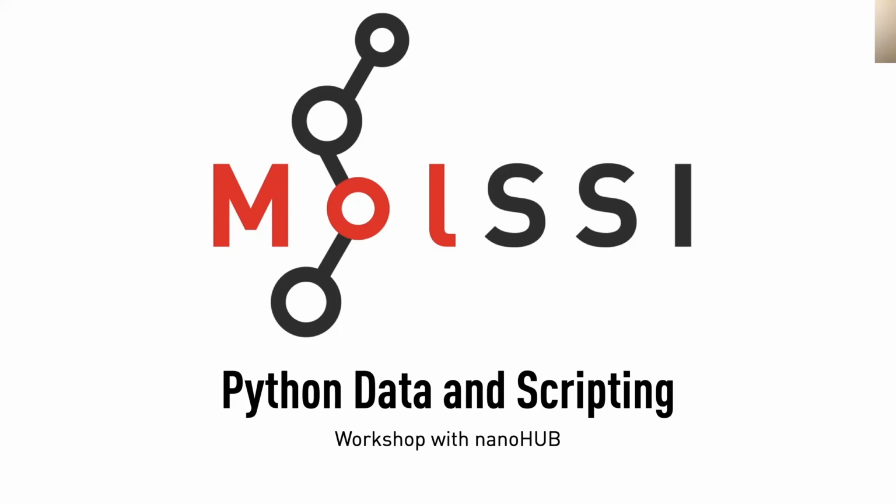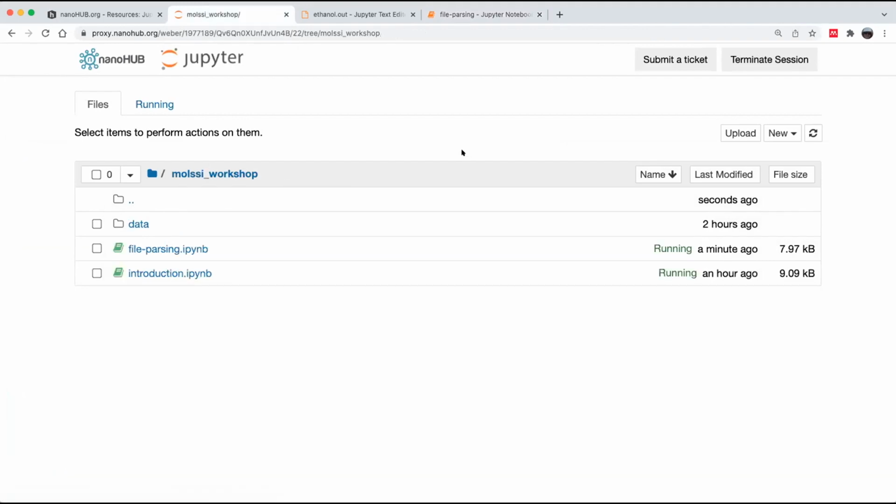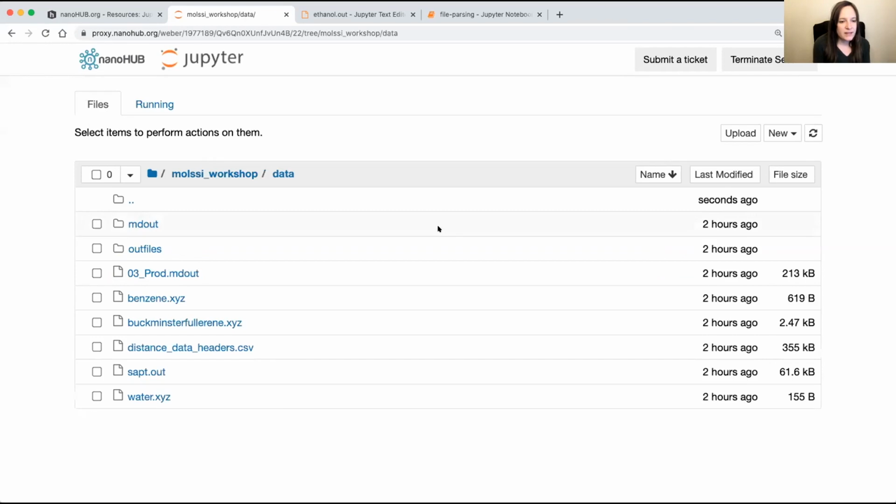Okay, so we do have a homework assignment for you. This homework is not graded, but it is for you to complete, to practice the skills that you learned today. We have another file for you to practice parsing in the homework assignment. From your MolSSI workshop folder, if you click on the data folder, you will see another file called